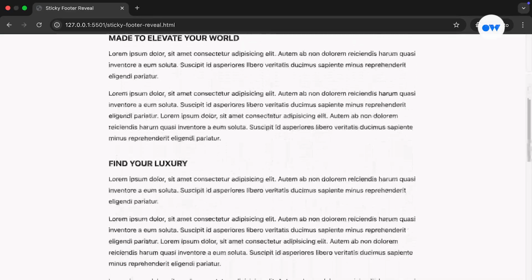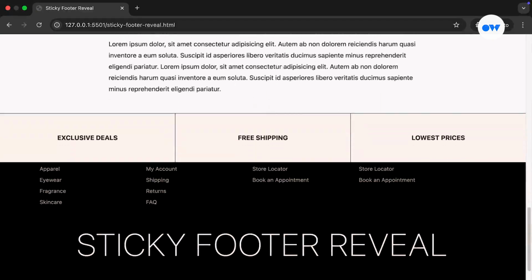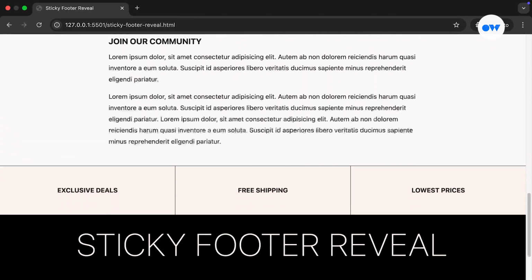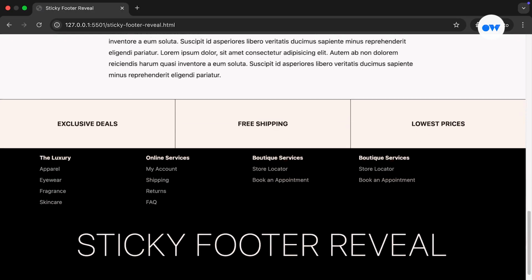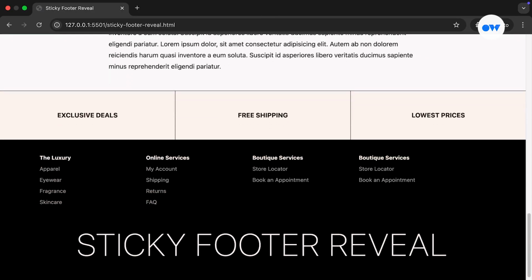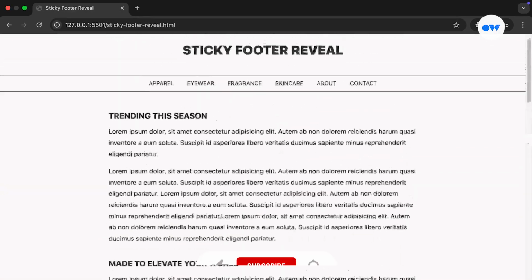Today, we're building a cool sticky footer that reveals itself as you reach the bottom of the page. You know, the ones that slide up? It's a clever way to keep the footer hidden until you've scrolled all the way down, and then it just